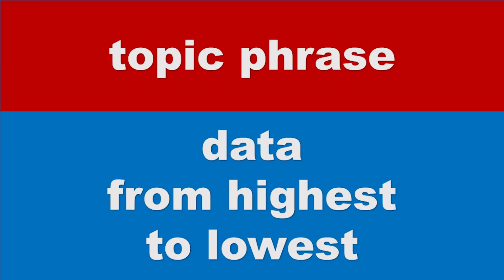Usually with these static tasks, the overall summary is going to be about highlighting highs and lows, because that's really all you've got with the data. What are the highest, what are the lowest, possibly things that are the same. Then we're going to want to move on to our first body paragraph, and our structure for our body paragraphs is going to be a topic phrase which indicates to the reader which of the 3 categories of expenditure I'm going to be mentioning, and then I'm going to list my data from the